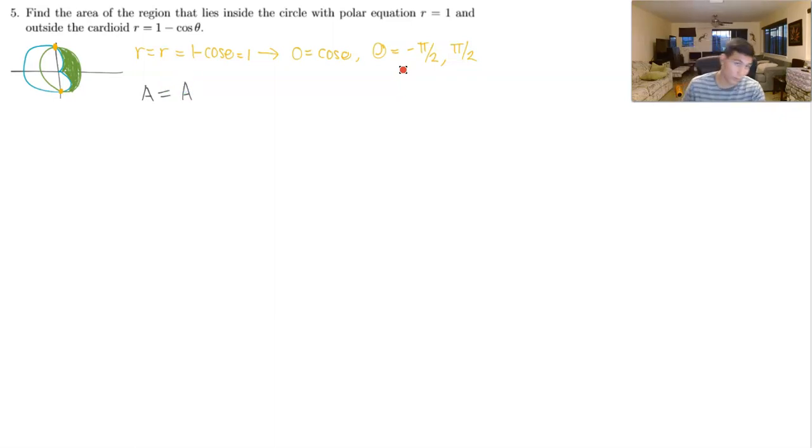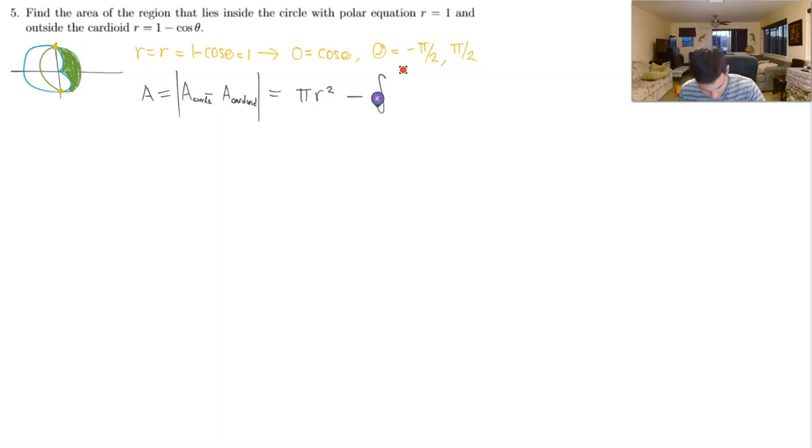We have the area of the circle minus the area of the cardioid. The area of the circle, we know exactly what that is equal to. That is pi r squared. And then we're going to subtract out the area of the cardioid,